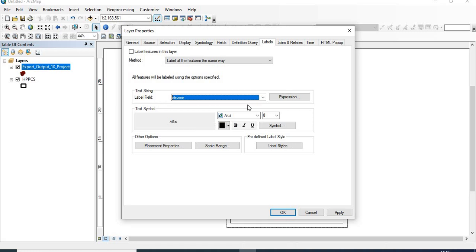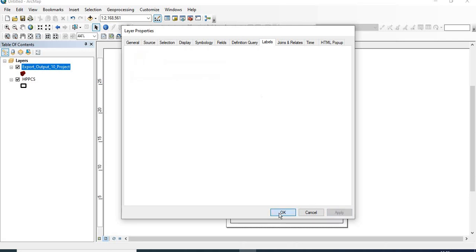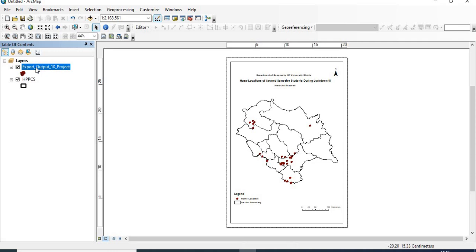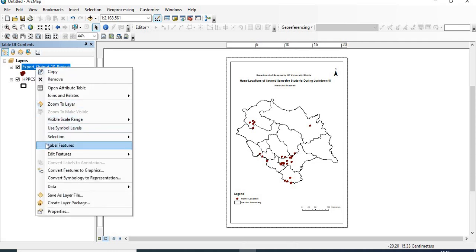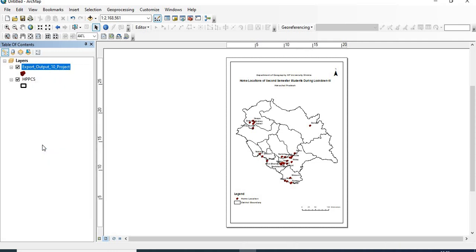You have to select the label field if you want to display the names of the students. 11 and bold it and apply and OK, and again right click and label features. So names of the students have also got added.